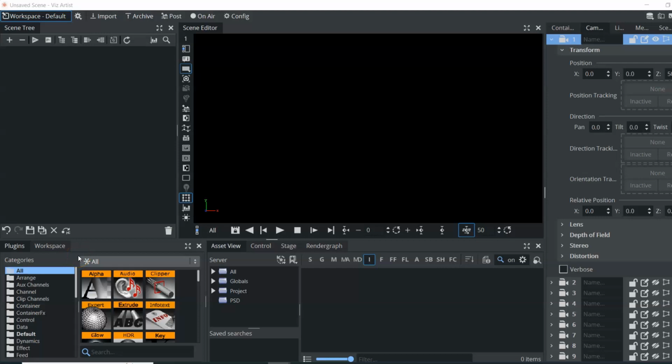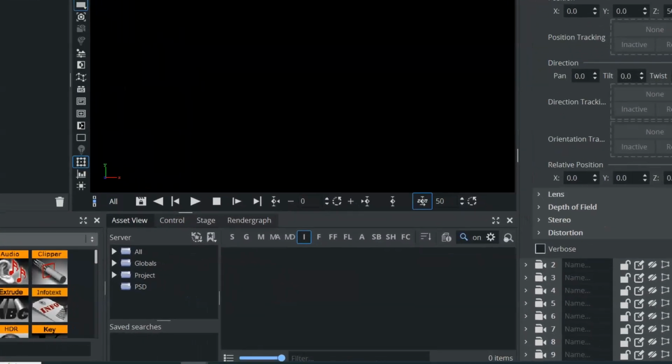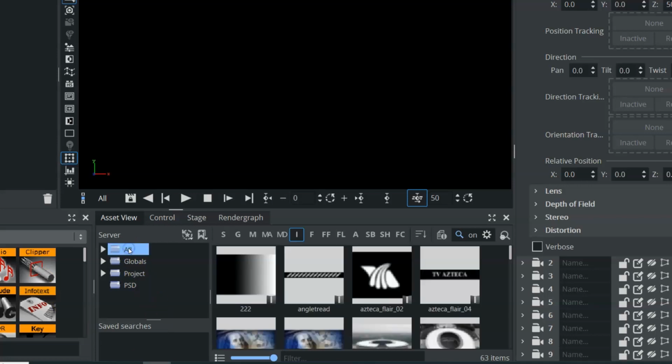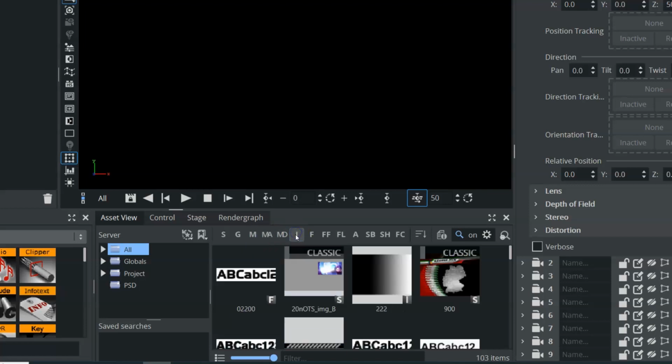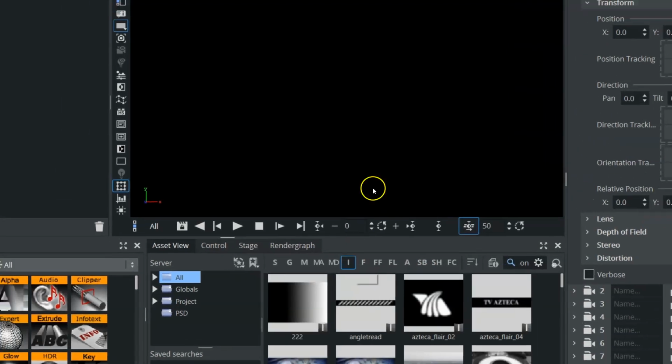Okay, we want to talk about importing images into Vizrt. Now, in order to design scenes within Vizrt, you may need some images to do that. And images can be used as texture mapping and/or PBR materials and/or substances. And to get them into our asset view, into our I folder or our SB folder, we need to use